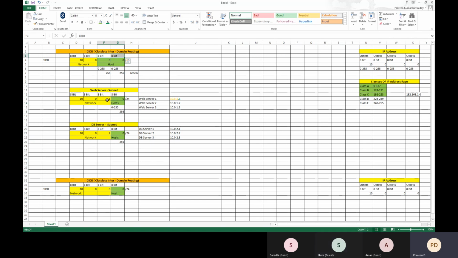So this can change from 0 to 255. Here I give 1, next 2, next 3, next 4 like that, up to 256. I can give 0 to 256, and for each I can configure how many machines, or how many IP addresses I can provide: 256 IP addresses. Clear? So now one important thing to remember is